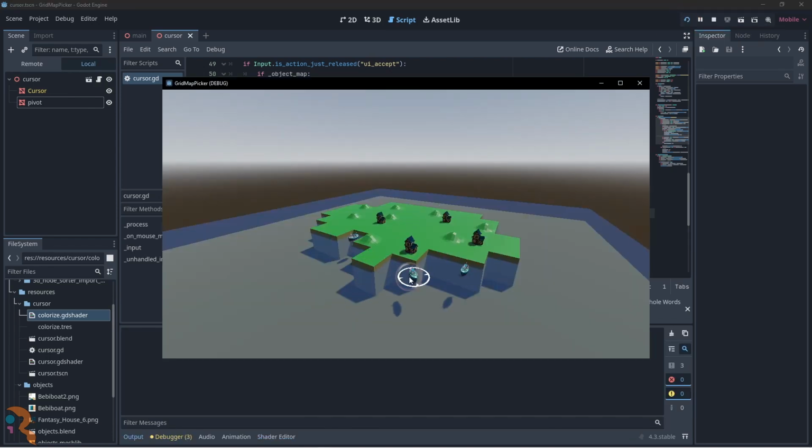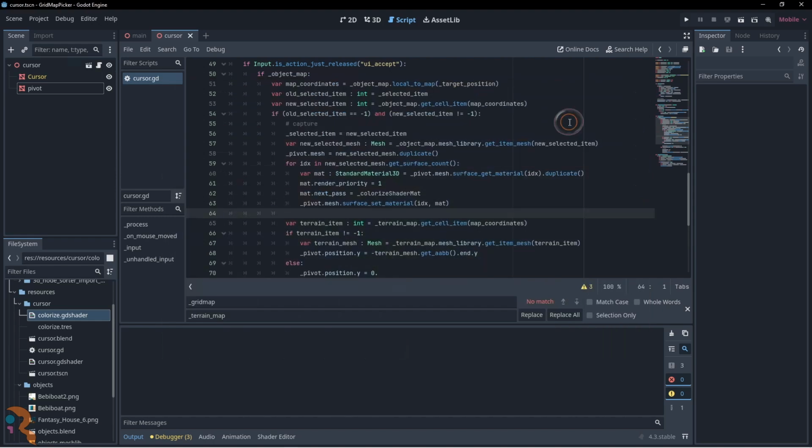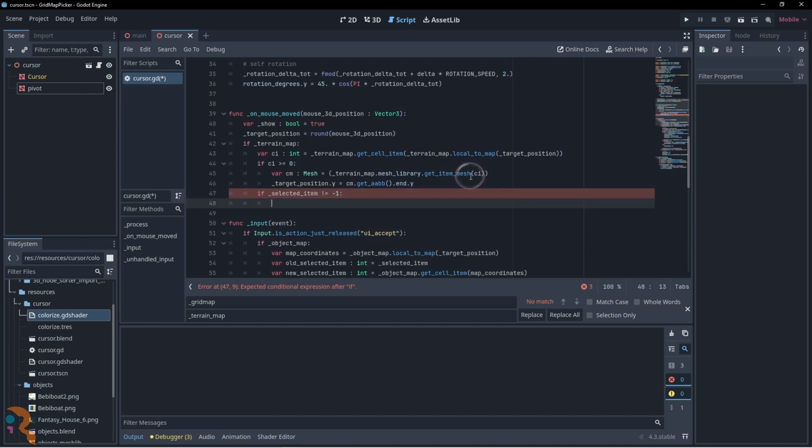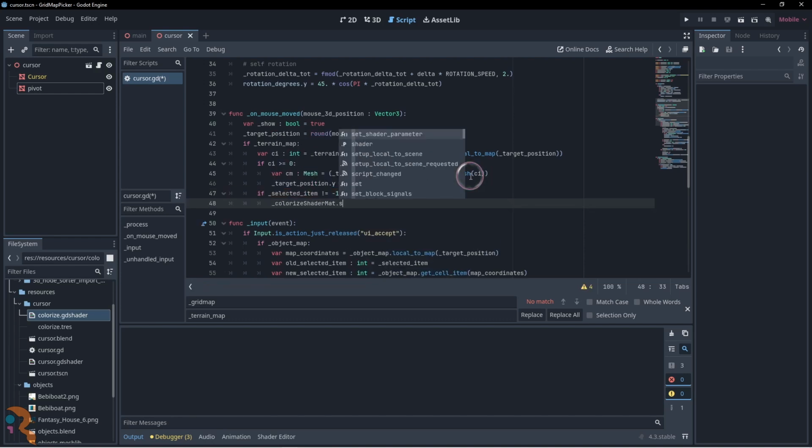The shader is disabled by default, but we can change its behavior using the parameter. We will use it to switch from red to green based on the compatibility between the object and the terrain.